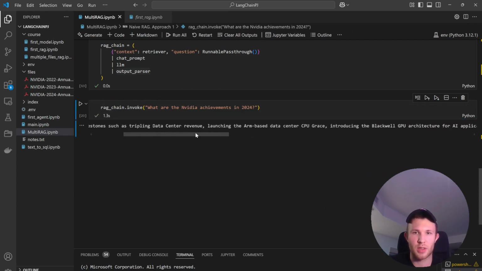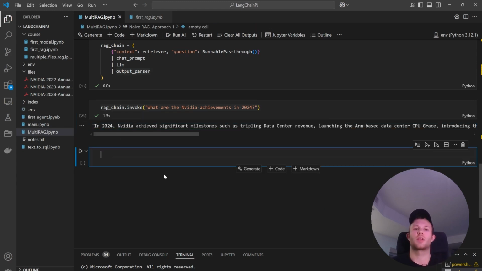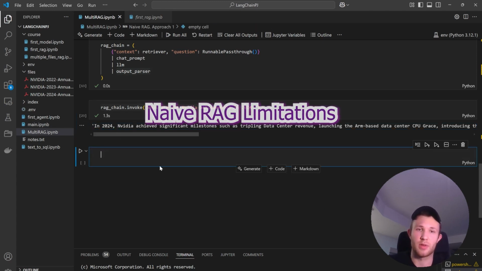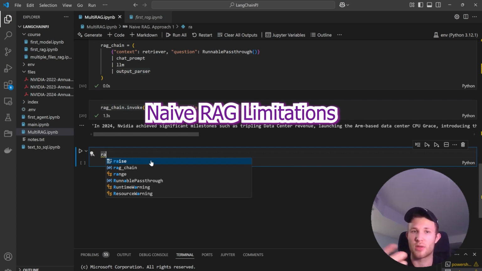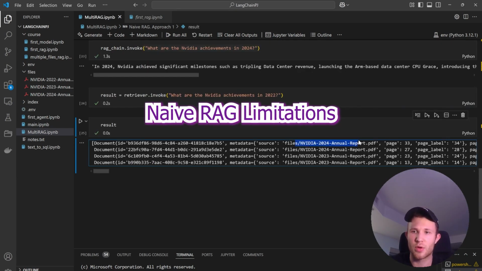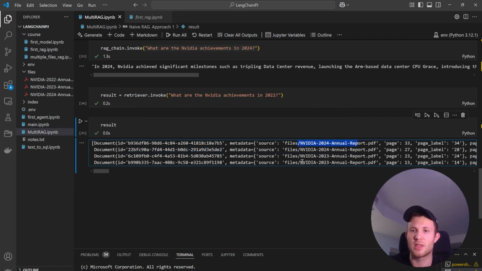And as you can see, it gives us the perfect answer for this question. You may think that it all works perfectly, but for example, if you want to look into the sources that RAG relied on, you can see that most of the sources are the 24 annual report and the 23 annual report. And that's the major issue of the naive RAG. It helps us to identify the context, but it's not enough